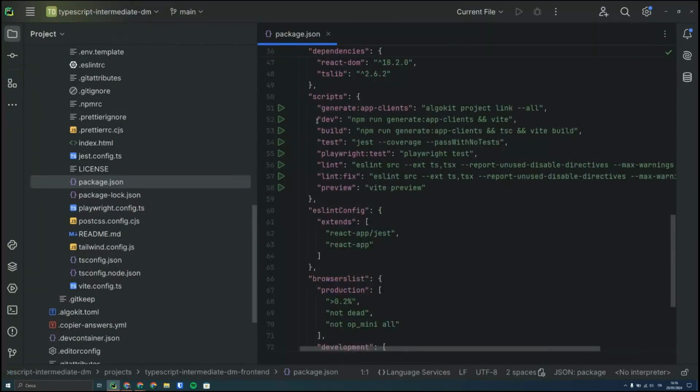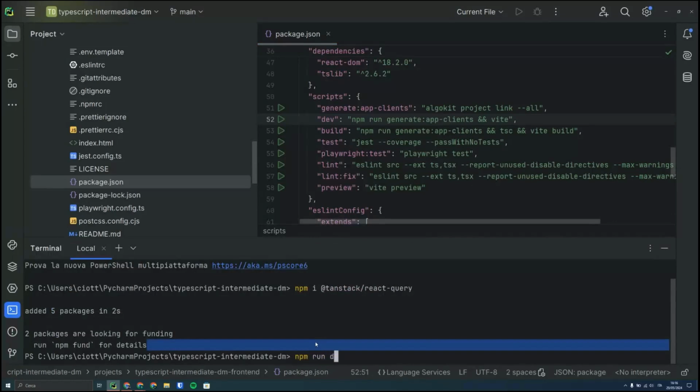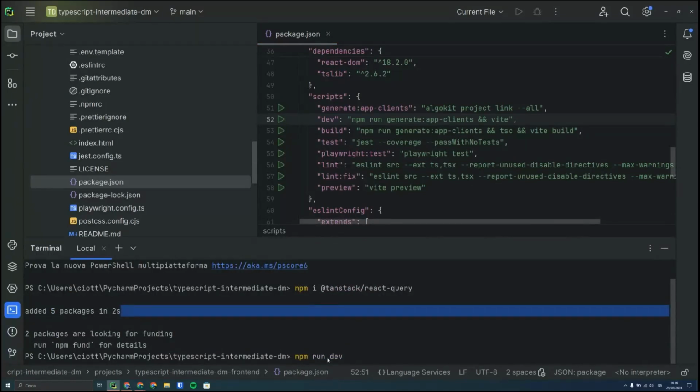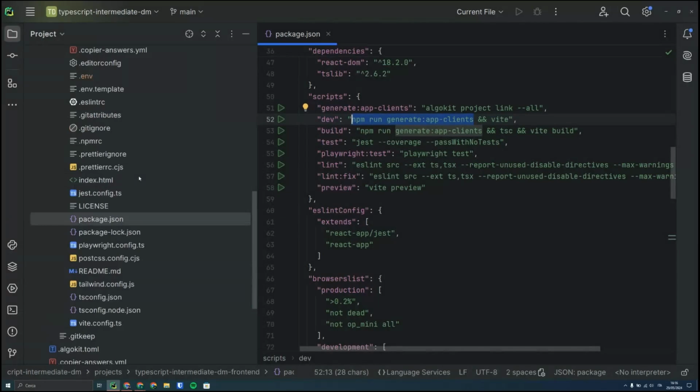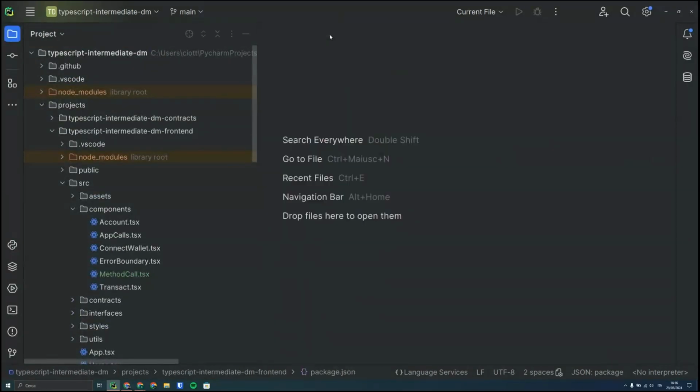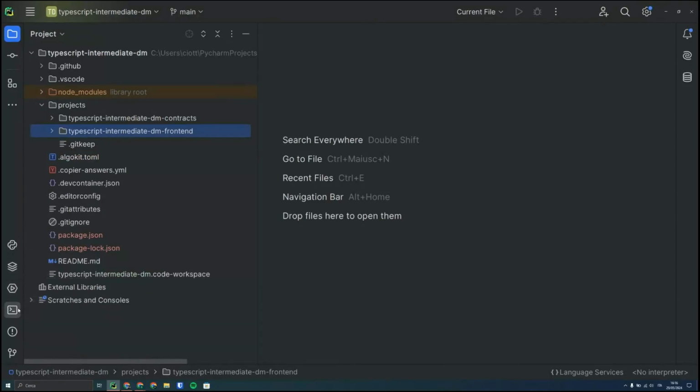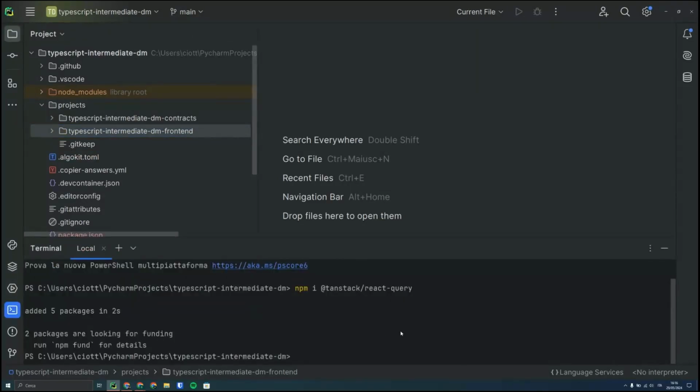at the scripts, yes. Whenever you start your development of the front end with npm run dev, a bunch of things are actually happening under the hood. And one of these is generating the clients, and building the contracts and all of that. So you don't need to do anything manually, but just to give you an understanding of what happens under the hood, we can go and do a